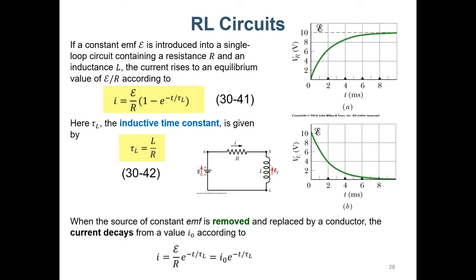In order to solve this one, we let I equal to exponential ST, and then you substitute here and take the derivative. S will come out, so we have S exponential ST plus R over L exponential ST equals